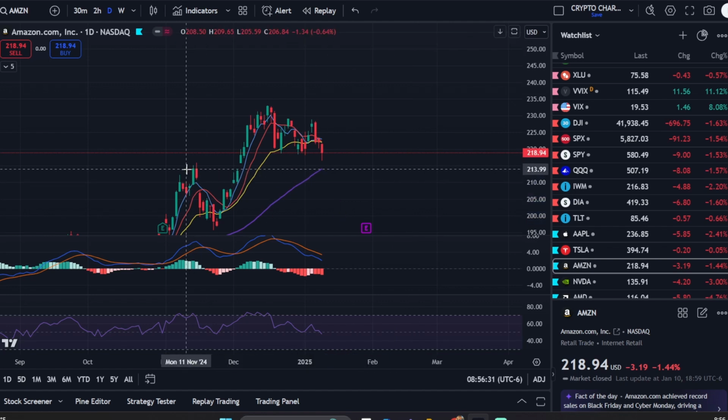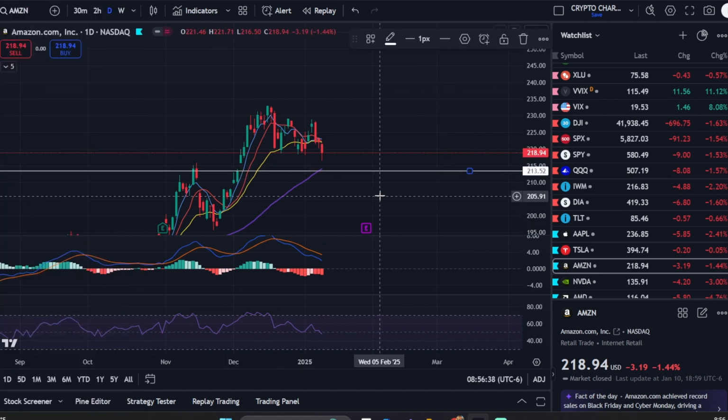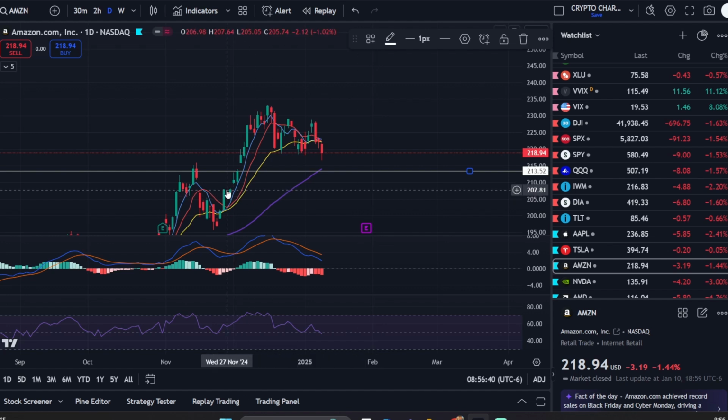Amazon is in a place where it hasn't fully tested the 213, right? We should have put a level here, but this level right around 213.50 is where I'd be looking, and then all the way down towards 207 to 208, right in this area for the gap fill. These two gap fills can be great levels to pay attention to, and even this one here, we saw the